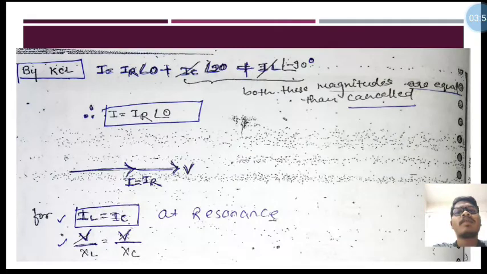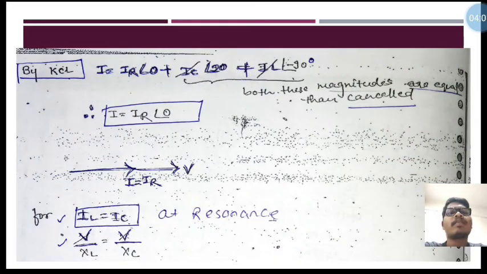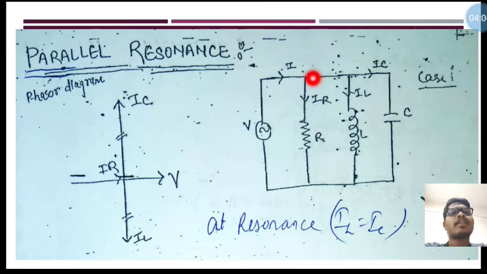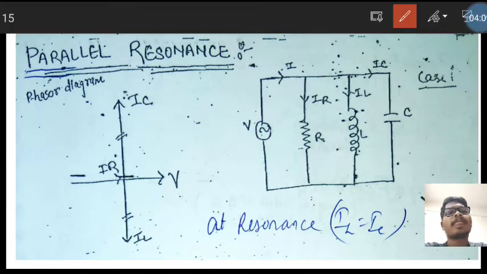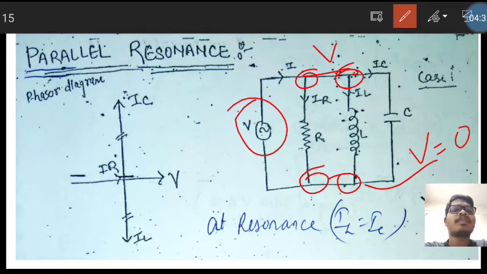Now for this figure we apply the KCL equation, that is Kirchhoff's current law. By applying it at the node, there is one node present here. Both nodes are the same, as those two nodes are connected with the same thing, so we take this as one node, and here also another node. This node we take as the reference node, so the voltage across this node is 0, and the voltage across the other node will be maximum, equal to the source voltage V.